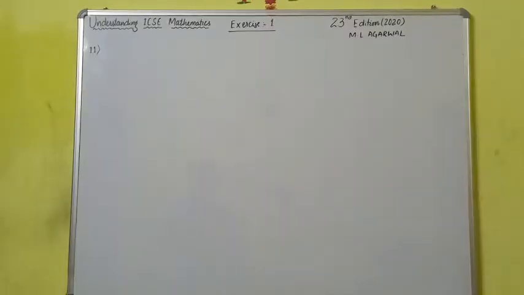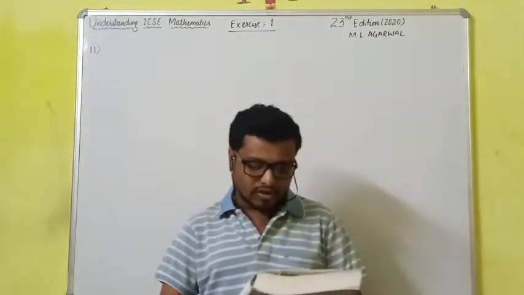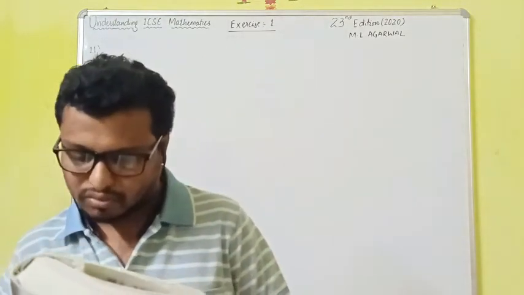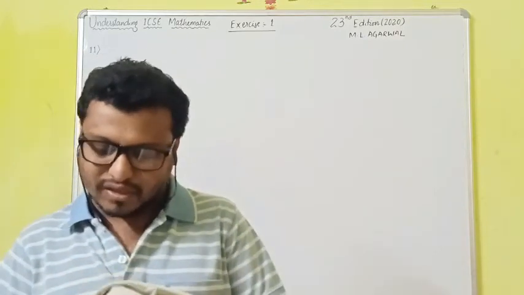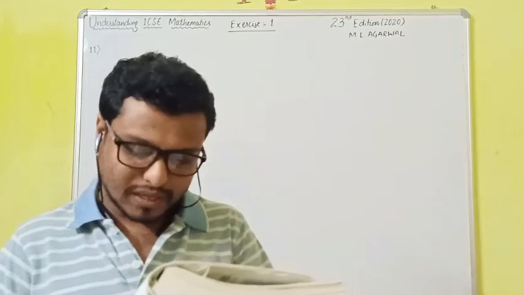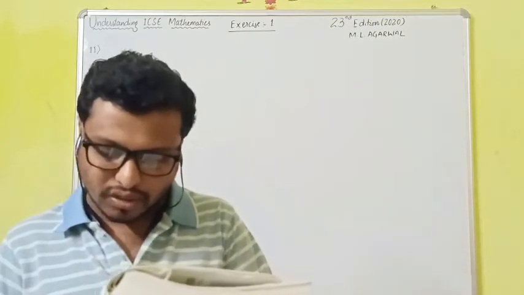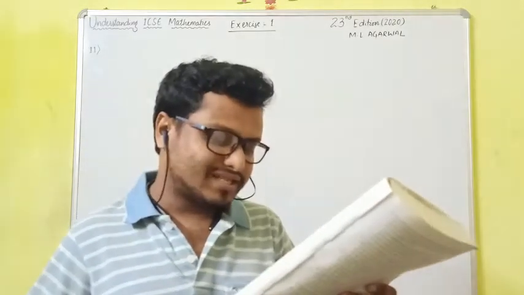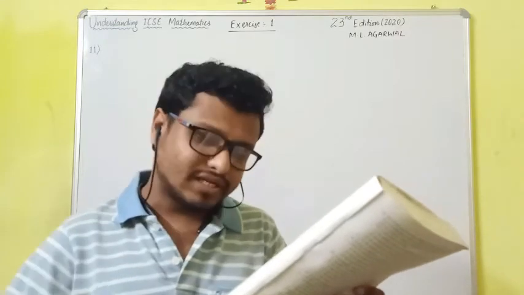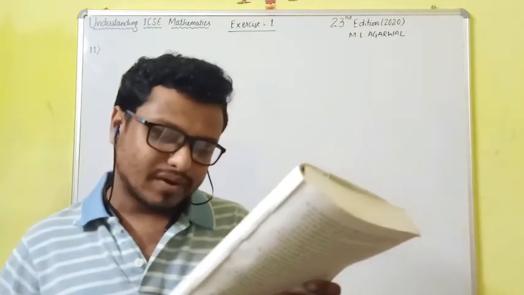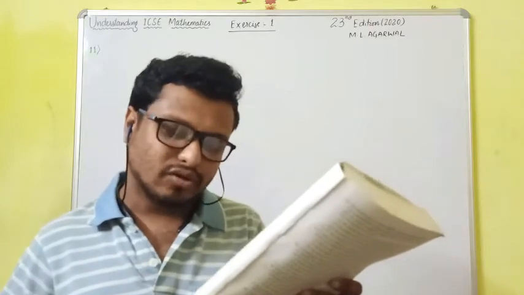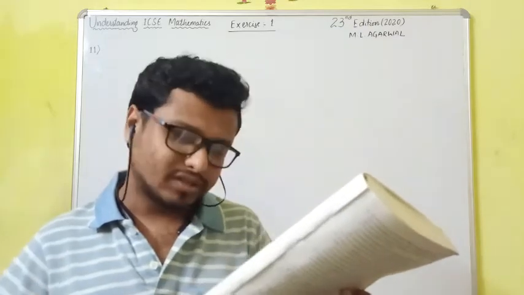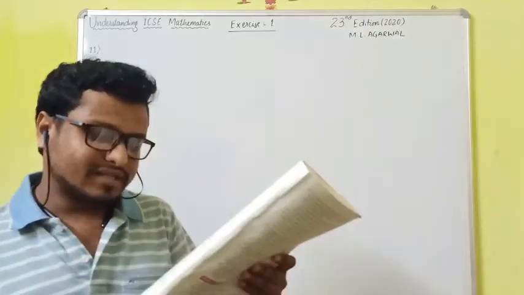So my dear friends, let's start your question number 11. According to question number 11, a retailer buys a TV from a wholesaler for rupees 40,000 and marks up the price of the TV 15% above the cost price, and sells it to a consumer at a 5% discount on the mark price. If the sales are intrastate and the rate of GST is 12%, find the mark price of the TV, the amount which the consumer pays for the TV, the amount of tax under GST paid by the retailer to the central government, and the amount of tax received by the state government.